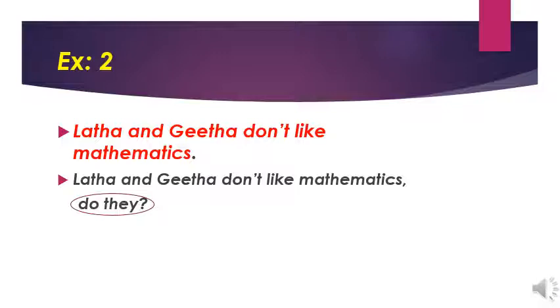So, I am not using the n apostrophe t. Now, I am just moving on to pull over the personal pronoun from the given statement. "Lata and Geeta" cannot be written as it is. Here, as I have written, the pronoun is theirs. These two go under the third person plural. So, that is "they." Do they. So, this "do they" complete set becomes the question tag for this statement.